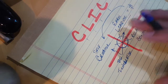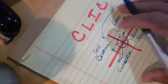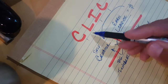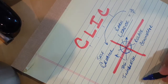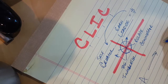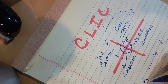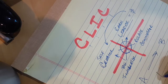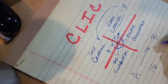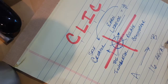So these are things I've been working on. There's different names I have for all four of these. I've been working on these over the years, but what I'm going to create now is a Clic assessment that's going to help an individual locate a point A so we can get to a point B, and then there's all the supporting elements that are in each. There's 4 here, 4 here, 4 here, 4 there. So we have basically 16 areas like a black belt that we can build mastery. And this fuels and